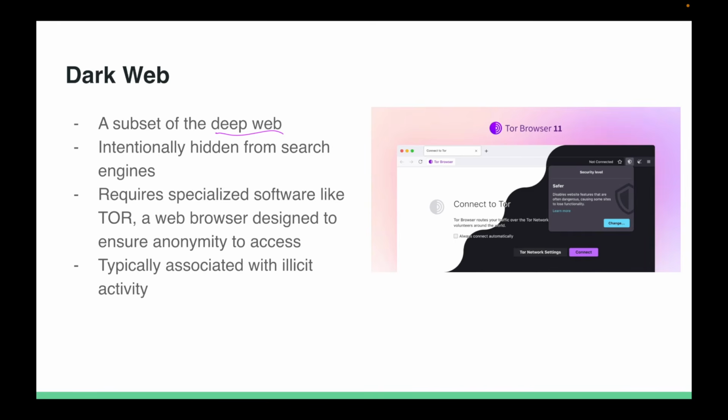It's intentionally hidden from search engines, often requires specialized software like the Tor web browser to access. The Tor web browser ensures anonymity. And part of the reason is because typically websites in the dark web are associated with some sort of illicit activity, or at least activity for which the origin probably wouldn't want to be known. So basically, if people are using the dark web, they probably want to remain anonymous, right? Because they're probably doing something that is either controversial or for which they just wouldn't want their identity to be